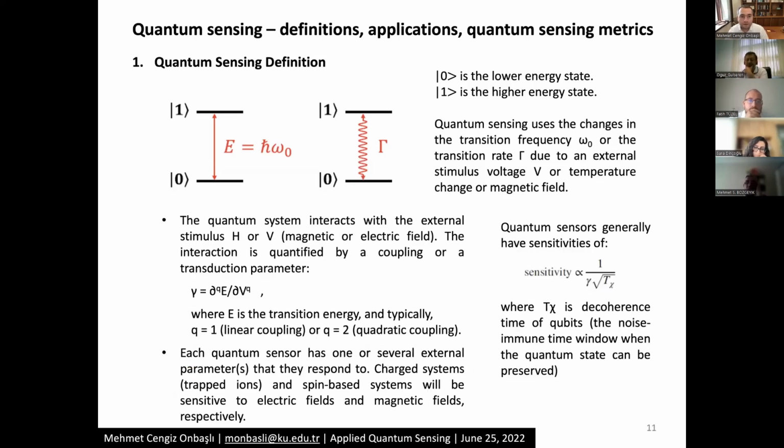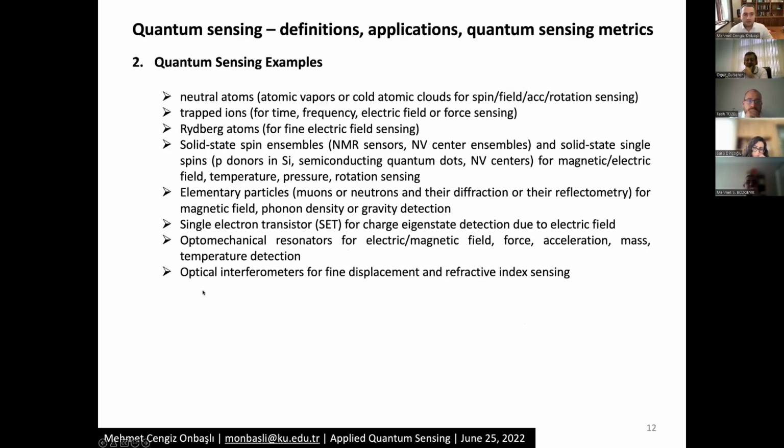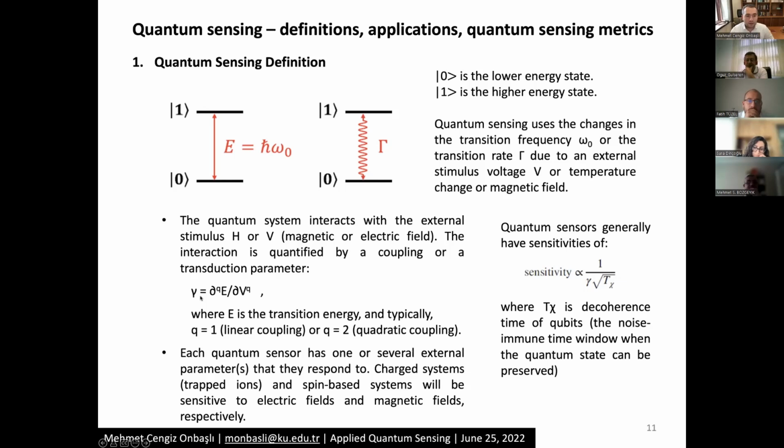And when we refer to the coupling or a transduction parameter, we essentially notice that there's a transition energy that is basically differentiated with respect to our external stimulus, for instance, either magnetic field or electric field, we can say. And then we are essentially looking at either a linear coupling or a quadratic coupling. So these terms actually will have relevance for our sensitivity and variance, and they will help us pick up the